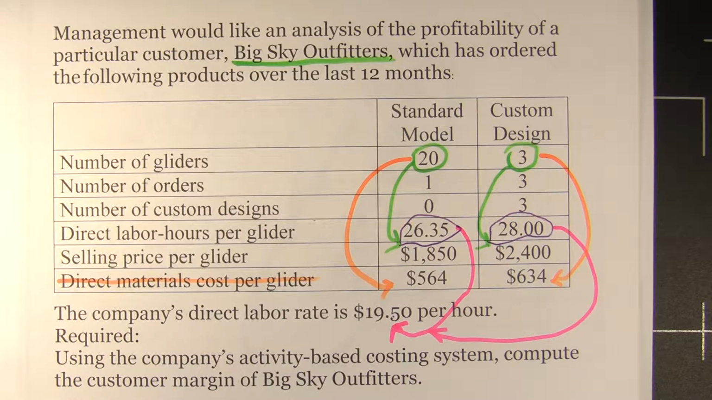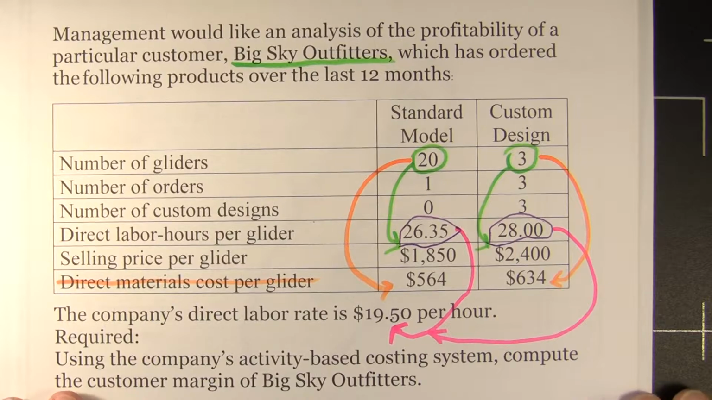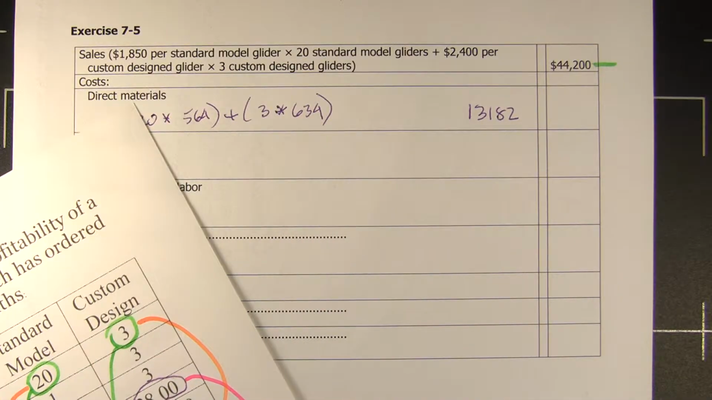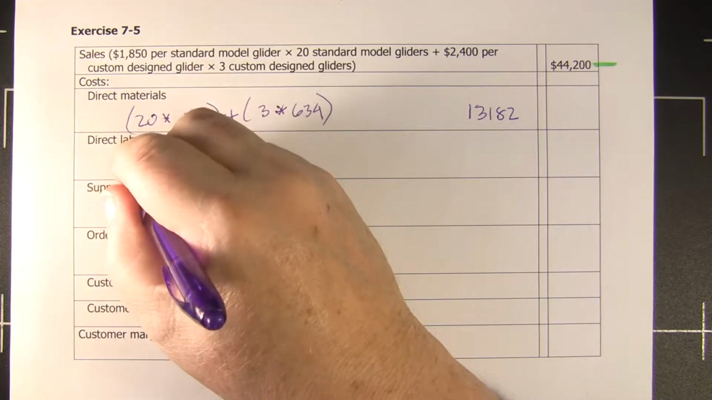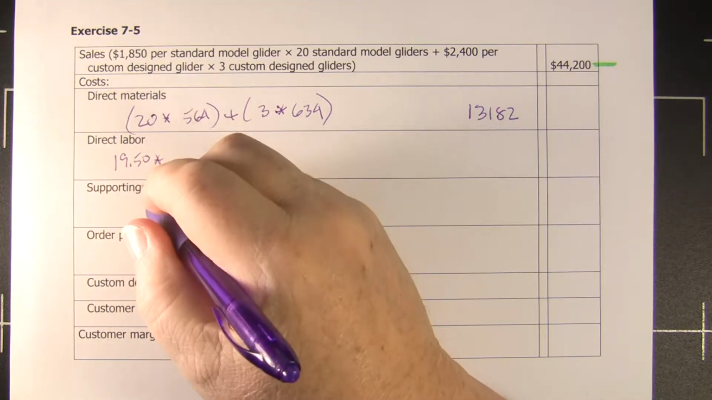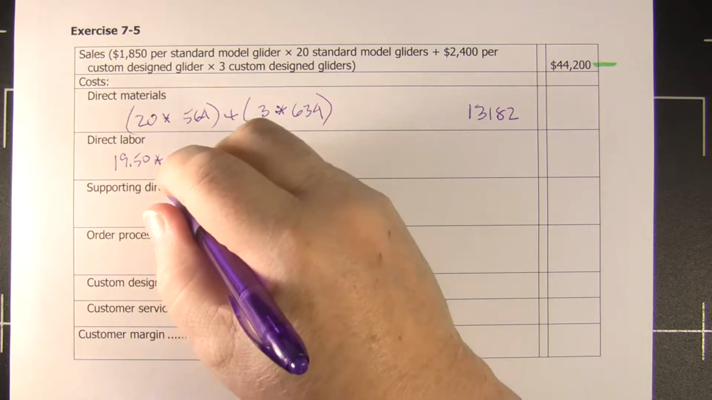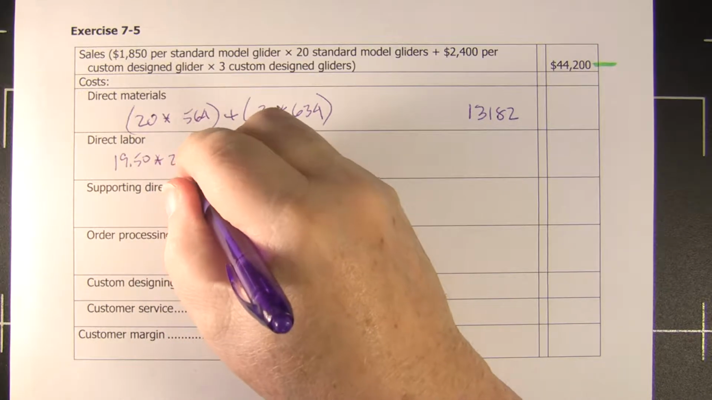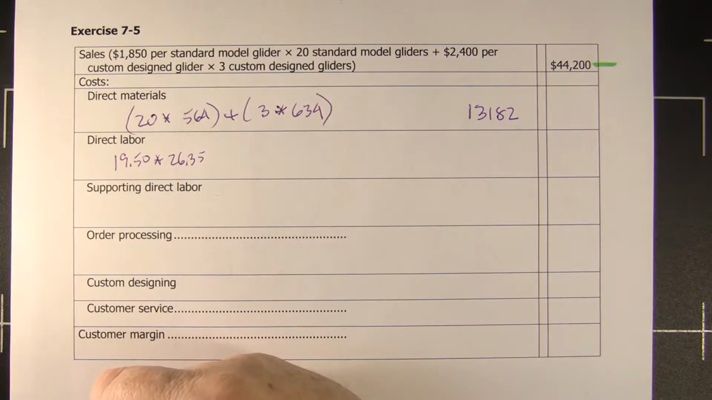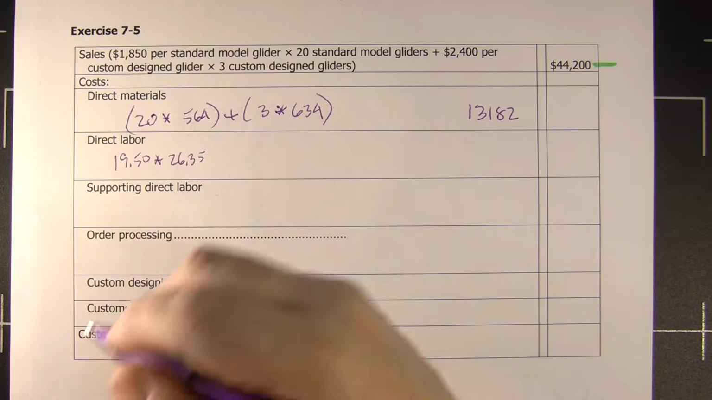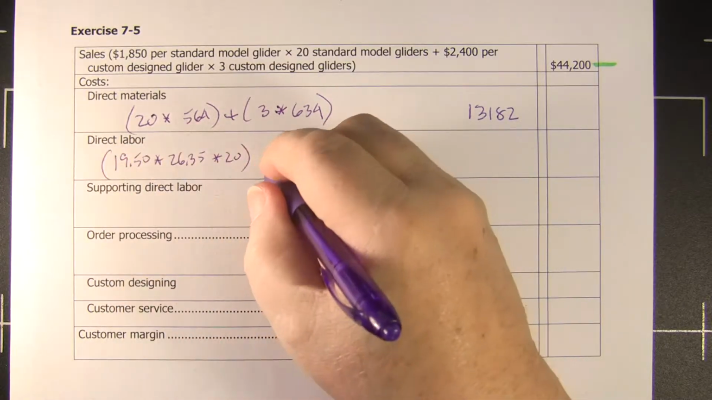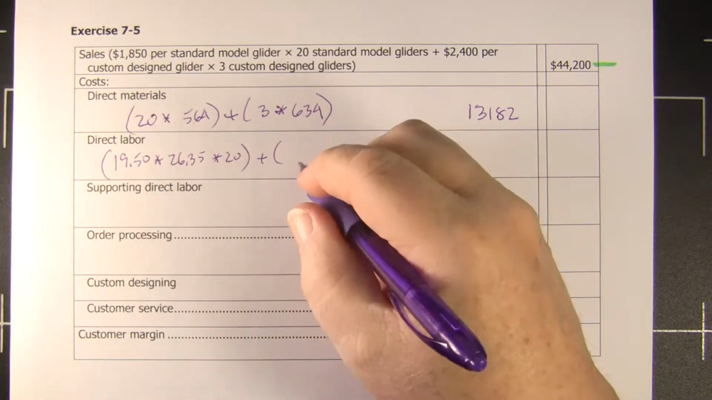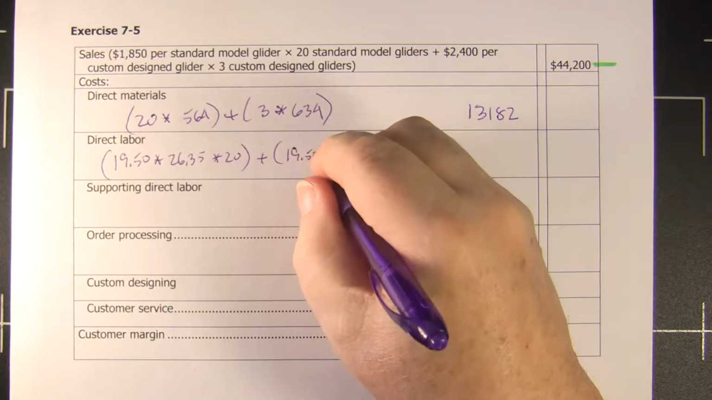3 times 28 times 19.50 for the custom model. So let's do that. So I have $19.50 per direct hour for direct labor. And I need $26.35 for my standard model, and we're going to make 20 of those, and I still need $19.50 per hour,